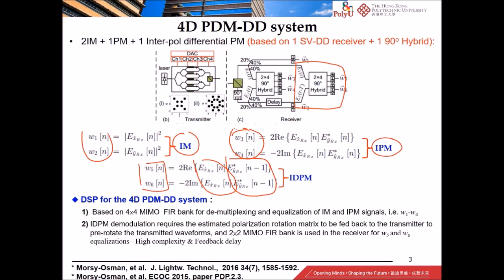So that the transmitter can pre-rotate the transmitted waveforms. You actually need that so that W5 and W6 can be recovered correctly. So this represents some additional complexity, and there may be some issues regarding the feedback